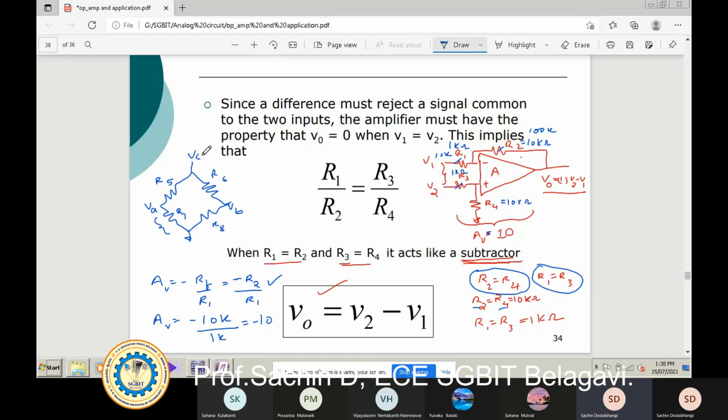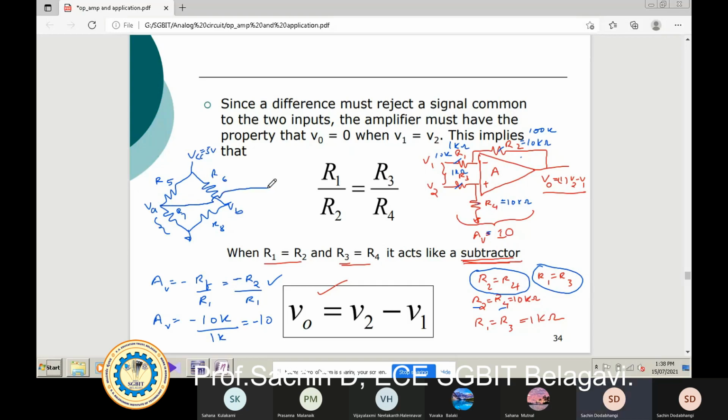So if I take the VCC supply as 5 volt, I'll connect this VA to this point and VB to this point. Getting it? I can connect it here. So VA means voltage across R7. What is VB? VB means voltage across R8. So VB is the voltage at this point with respect to ground, which is the voltage across R8. Similarly, VA means voltage across R7.